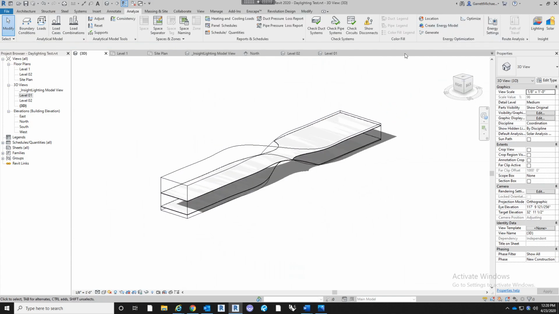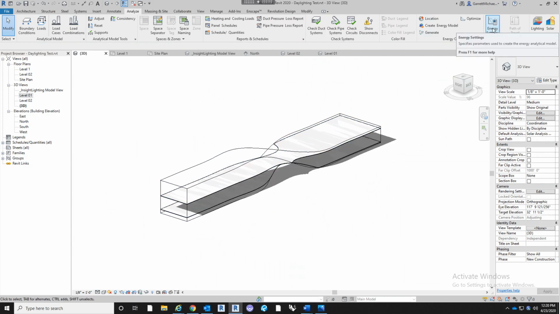And then the last thing you can do to get that overall energy performance analysis is under this energy optimization. And this is where it looks at your model and then makes recommendations to potentially optimize it for a more performative building. So this is going to take this 3D view and it's going to generate a model based on some settings. So if we go up to energy settings at the top,